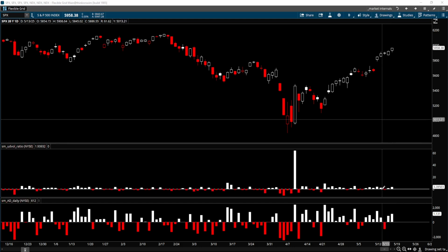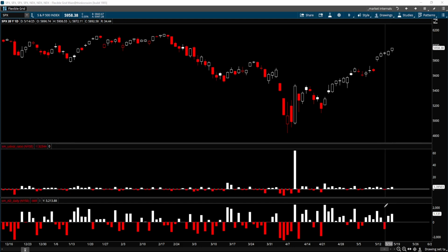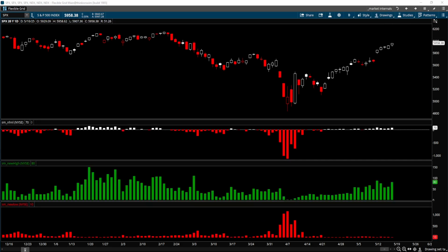between the S&P 500 and the up-down volume ratio, and also on the advanced decline. But other than that, the remaining four trading sessions last week are all positive. And also in the New York Stock Exchange new high, new low, we are still seeing more stocks making new 52-week highs than 52-week lows. So that is a positive, but we'd like to see the number of stocks making new 52-week highs expand